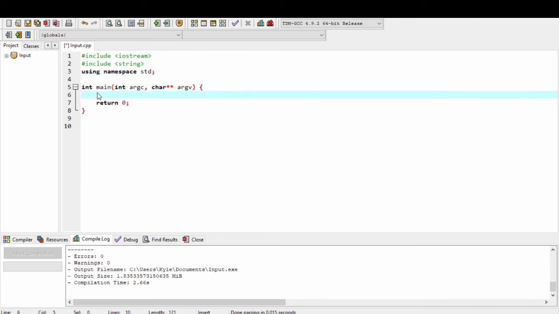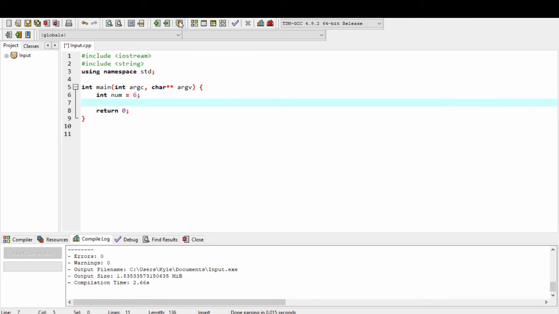For example, let's say we have int num equals 6. Now the symbol for the bitwise shift operator. So there are two bitwise shift operators, okay? So first is, let's just enter our expressions